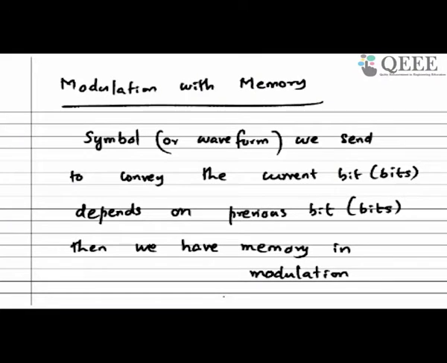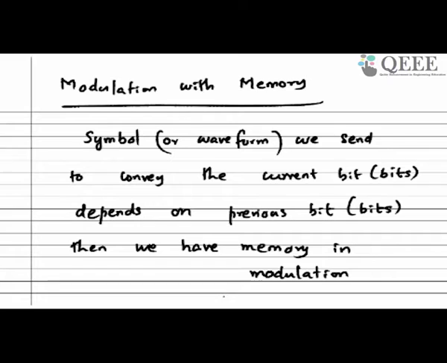So what do we mean by modulation with memory? It means that the symbol we are currently sending depends not only on the current bit value, but also on the previous symbols we have sent. So why do we need such a memory? The memory we introduce is actually in a controlled manner. We are choosing the current symbol based on the current bit value and also based on the previously sent symbols in a very clever, very controlled manner, so that some of the operations at the receiver become easier.